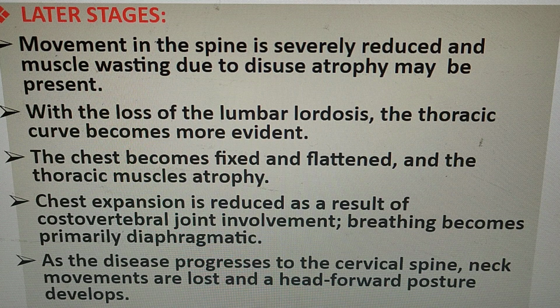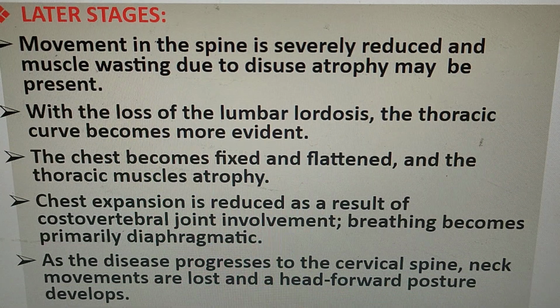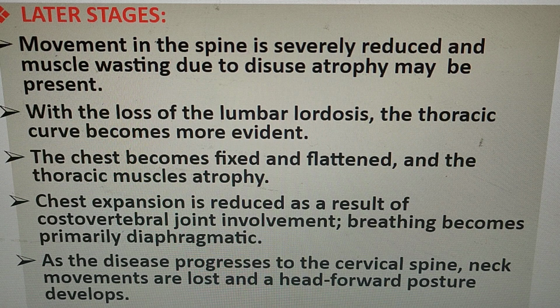So the ribs on the chest become flattened, and the thoracic muscles atrophy, meaning the muscles that surround the thorax, the posterior rib cage, become weak as well, or atrophied. Okay, so chest expansion is reduced as a result of